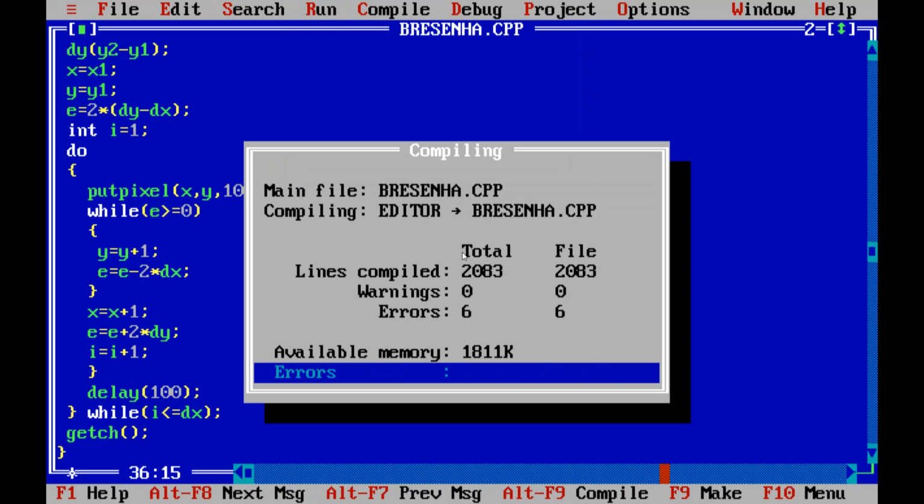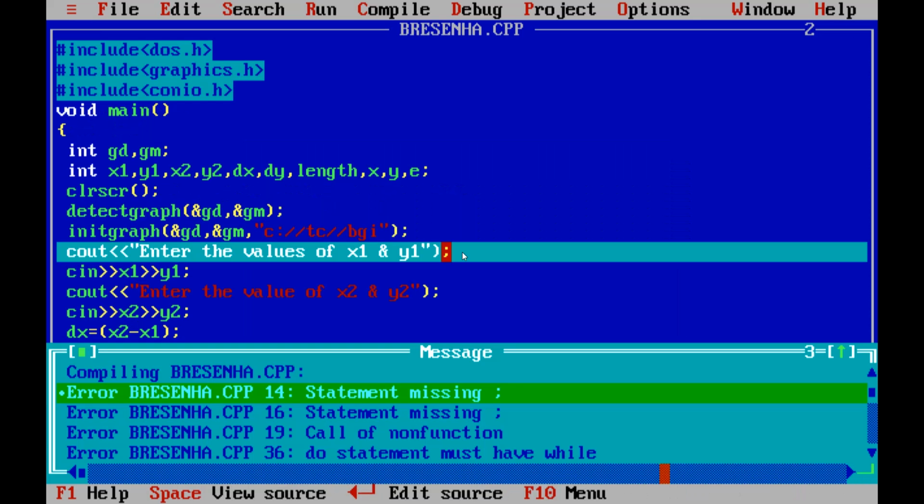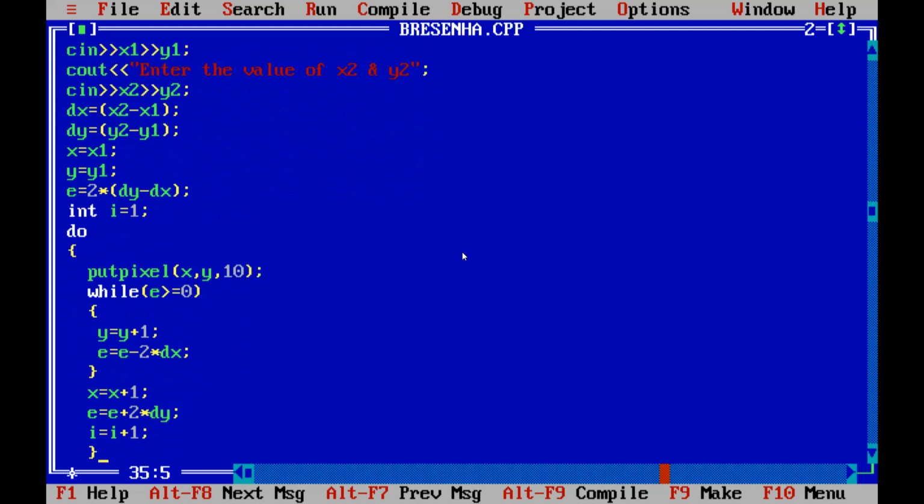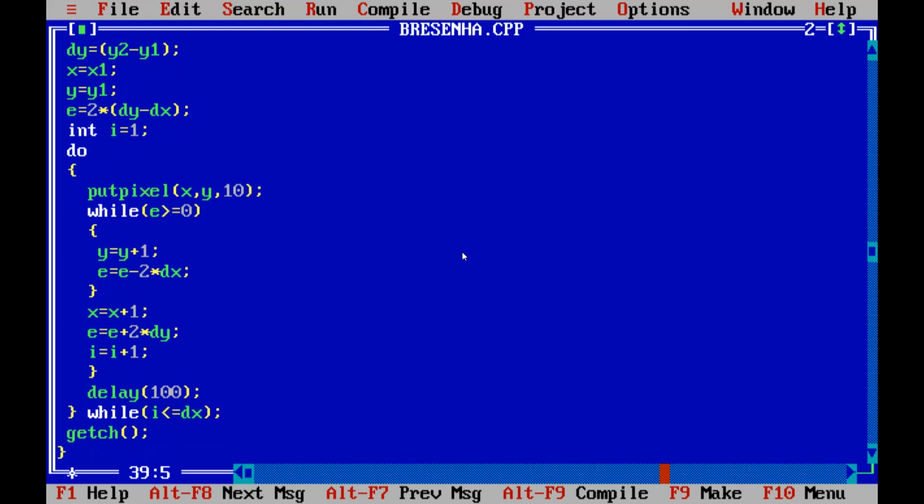We are going to save the program. Why is it so? Again it shows an error. Okay, here it is. Then here equal to, do while and while.